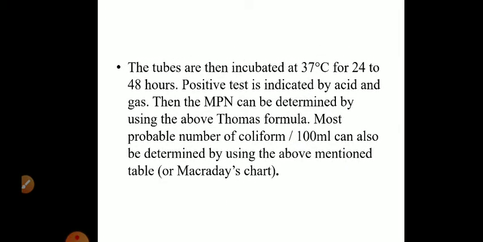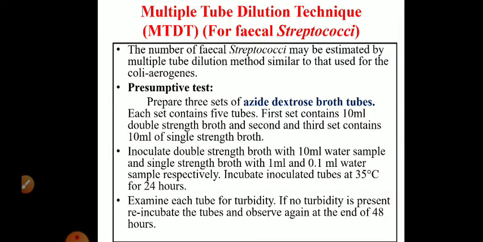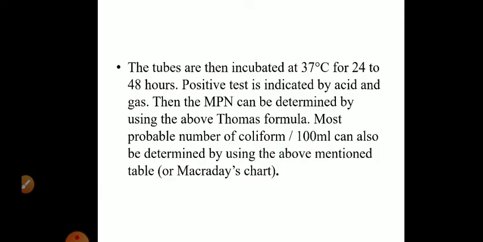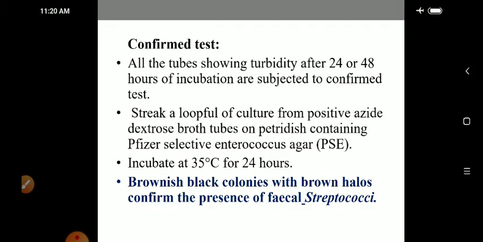Okay. So finding out the most probable number of coliforms is very simple. We have to take 15 tubes divided into 3 sets, 5 tubes each. Fill them with lactose broth or lauryl tryptose broth or McConkey's broth. After sterilization, inoculate with the water sample, then incubate and check for acid and gas production, and find out how many tubes in the 3 sets are positive, and then use the Thomas formula or McCrady's MPN chart and find out the most probable number of coliforms. Okay. So that is all about the most probable number of coliforms in water.